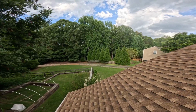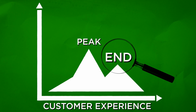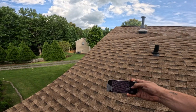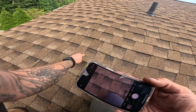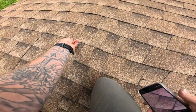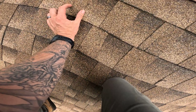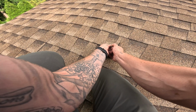The other piece of this peak-end rule is that they're going to remember the end of their experience. And so whatever you can do to make sure that you provide a really great end to their experience, that's what we want. And so part of how we do that here is by doing a post-build inspection and making sure everything is taken care of in the manner that we said it was going to be taken care of